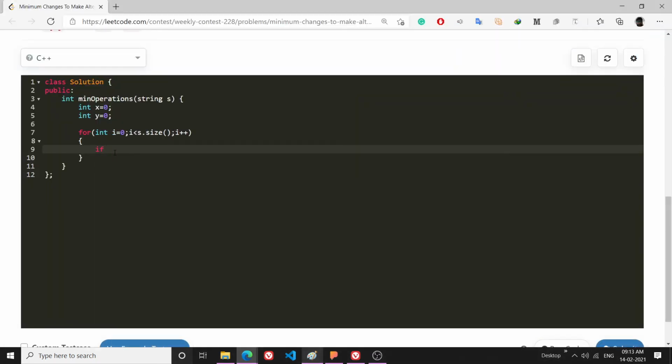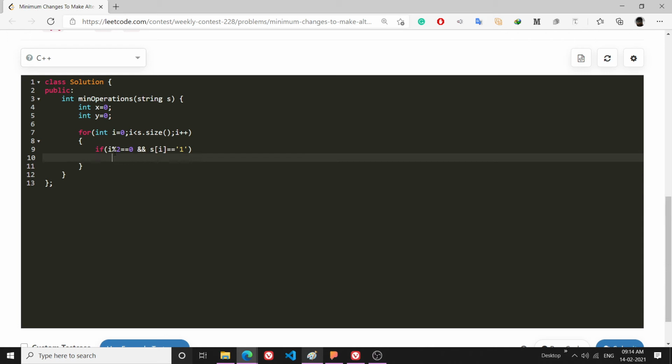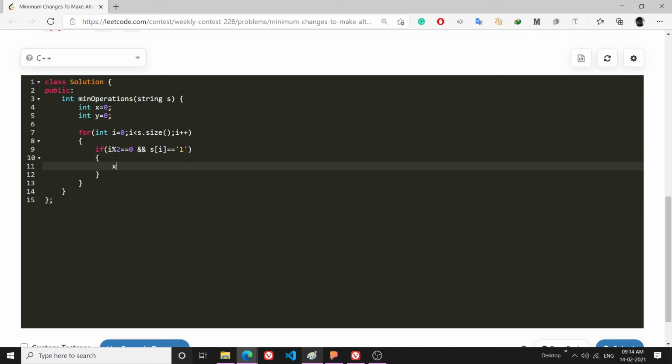Now let's do this. If i mod 2 is equal to 0, that is, if the index is even, and at that position s[i] equals 1, then I will have to increase my number of operations.